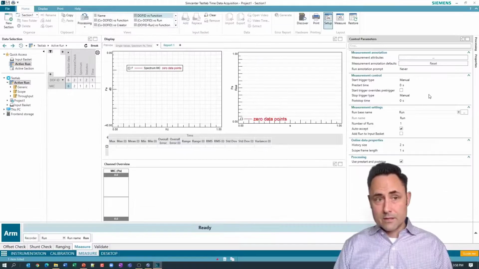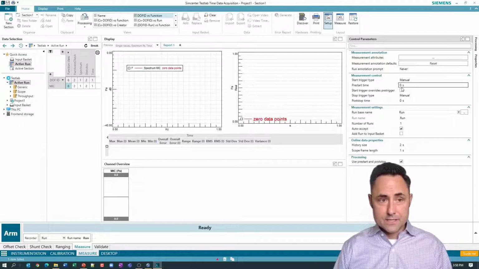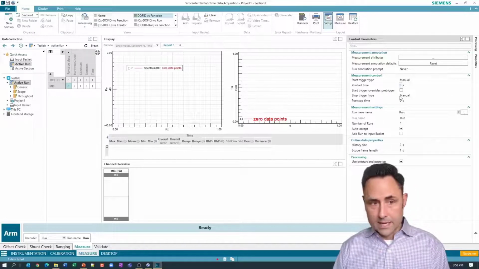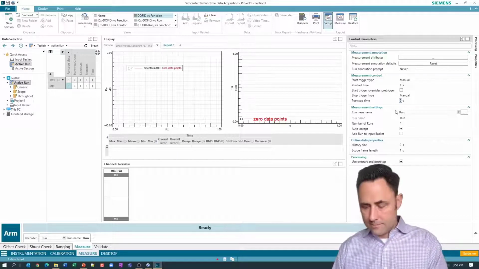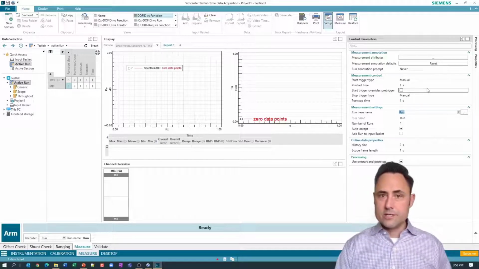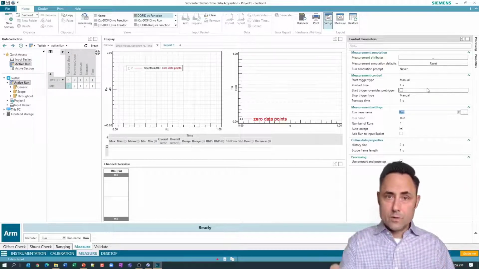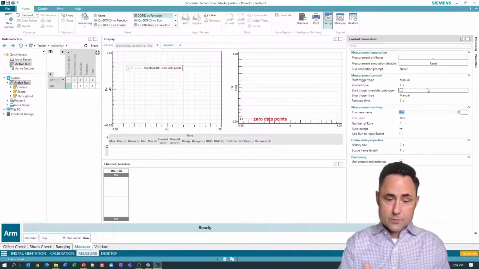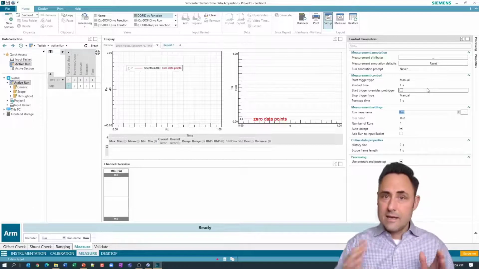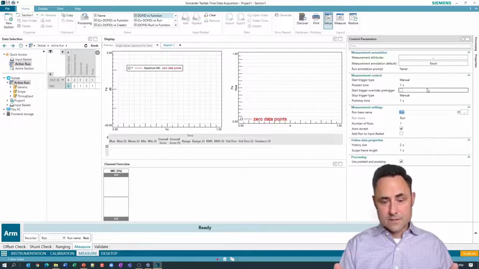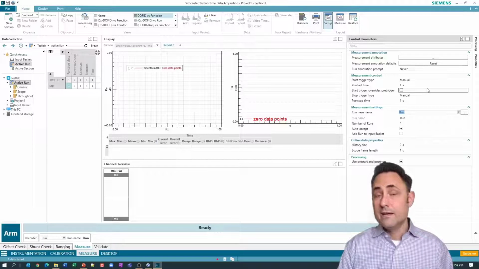One of the other things I might take advantage of here is this pre-start time. I might set this to something small like 1 second, and 1 second of post-stop. What this does is buffer all of the signals coming into the front end, and then when I hit start, the measurement will start, but it'll actually go back in time and bring with it the recording of that second that preceded me hitting the record button. Just in case I was late getting it started or something, this will ensure that I capture the entire event.